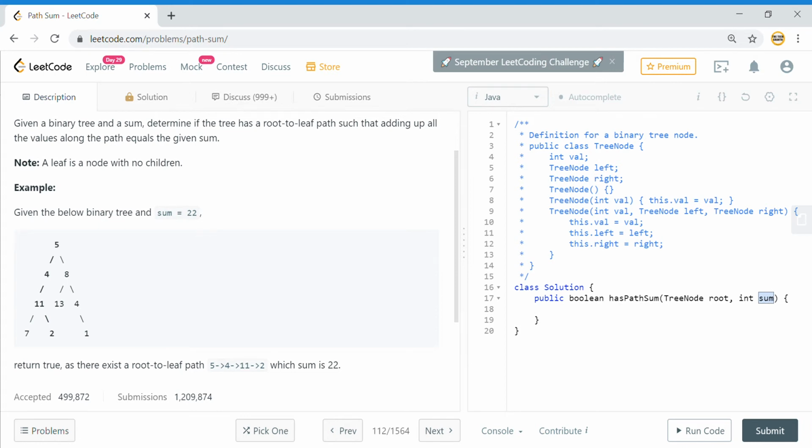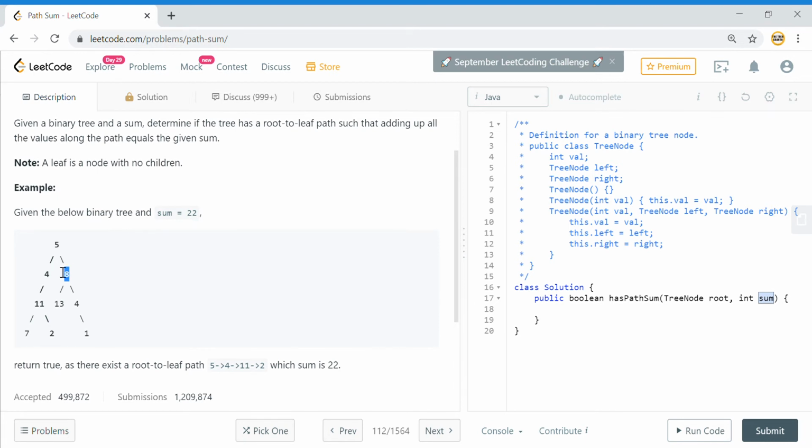Okay, so the approach here also will be same, and we'll use recursion to do DFS, and as we go down the tree we will subtract the value of that node from the target that has been given. So if I start from here, my target is 22. Now if I go to this particular node, now my target is 22 minus 5, which is